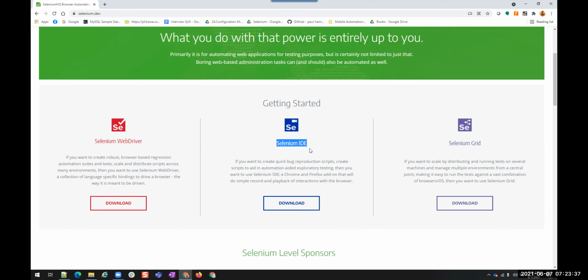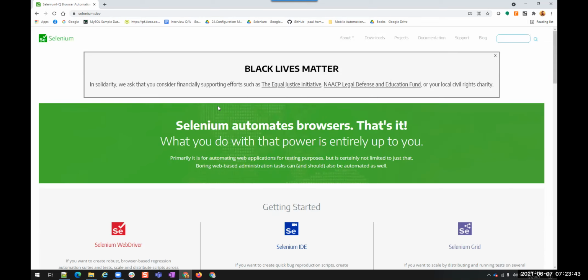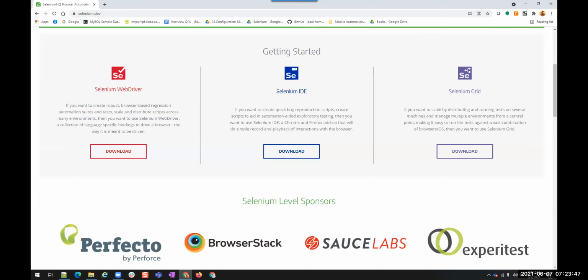But recently, after the Selenium project was taken care of by Google, the Selenium website has been revamped and Selenium IDE is again brought back into the picture. We thought Selenium IDE was going to be retired and we would have only Selenium WebDriver and Selenium Grid. But due to recent changes in the announcements, and organizations supporting it, Selenium IDE again came into the picture.